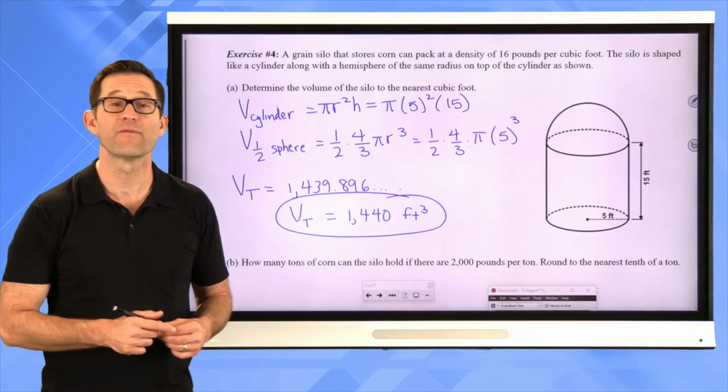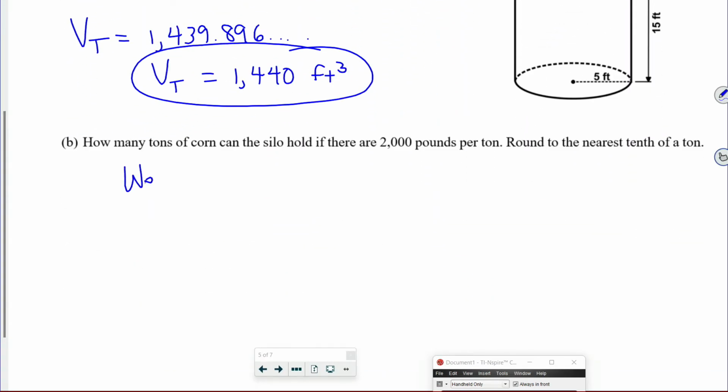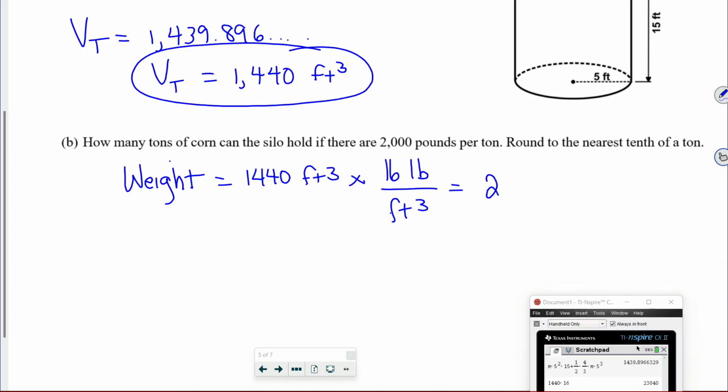Well, let's figure out first the number of pounds, right? So I'm going to say weight is going to be 1,440 cubic feet times 16 pounds per cubic foot. Let's get that out. That's going to be an even bigger number. So 1,440 times 16 for a total of 23,040